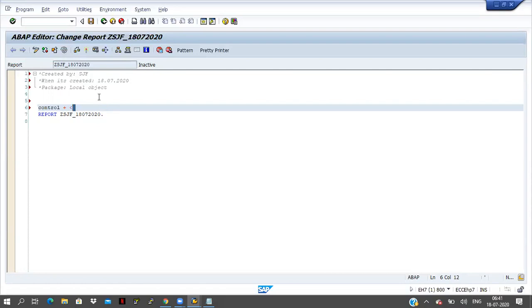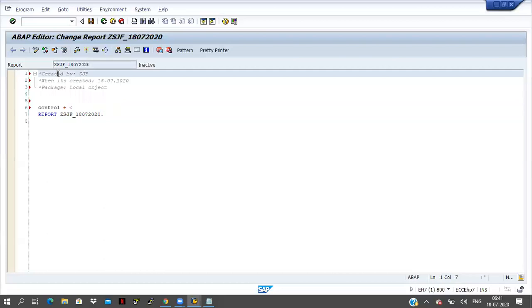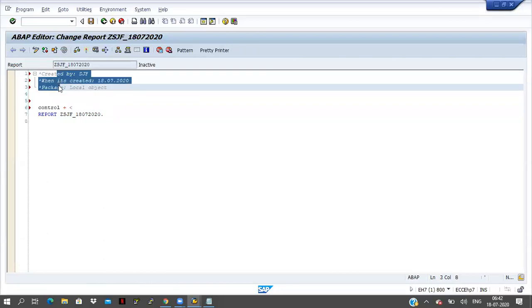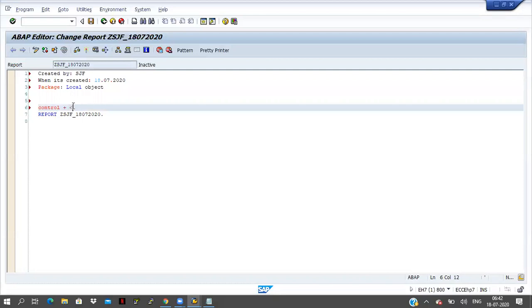If you want to remove the comment, select the three lines and press Control plus greater than. If you want to uncomment, then greater than. Control plus greater than, Control plus less than: this is for commenting and uncommenting.